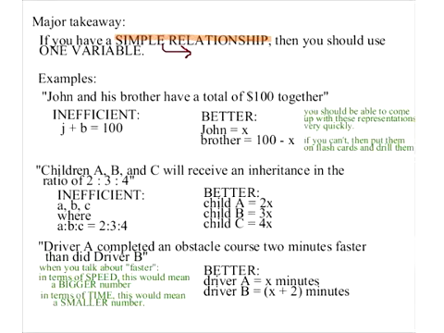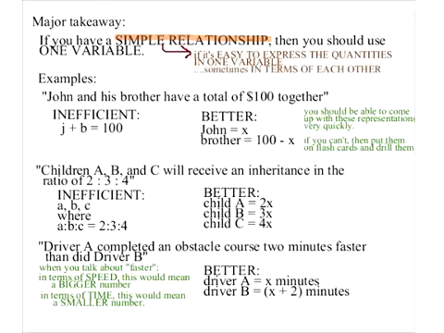the quantities in one variable, or sometimes, but not always, in terms of each other. Notice it's not always in terms of one of them. Like when you do pseudo, if you have this situation, then this is not in terms of any one of these quantities. If you have a ratio, they're all in terms of this sort of random variable x. But